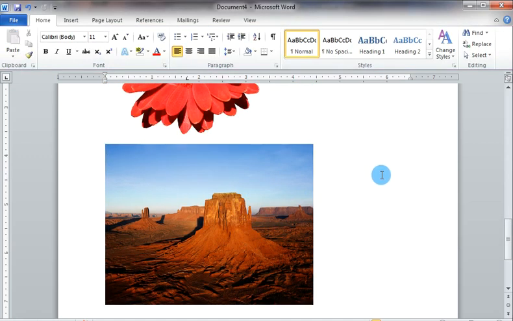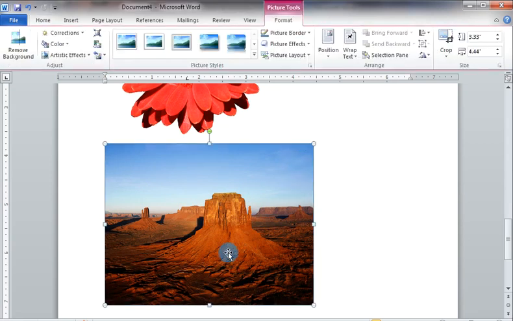And you can apply the wrap text by using this wrap text command in the arrange group in the format tab.